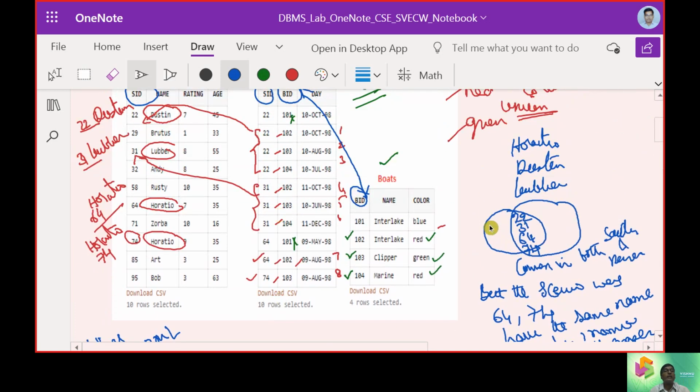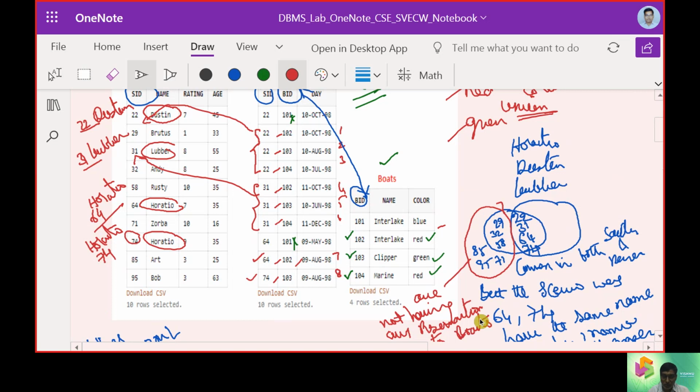We will not consider 29, 32, 58, 71, 85 or 95 because these elements do not have any reservation to boats.